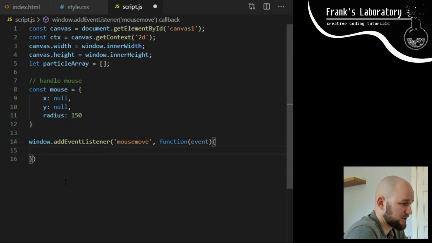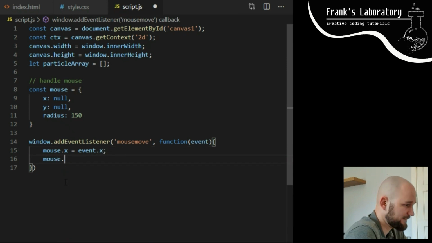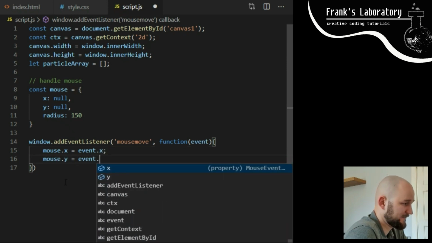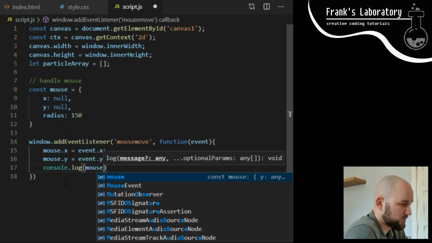So inside the callback function, I set mouse.x, which is property declared on line 9, to event.x, and mouse.y to event.y. If you console log event inside this event listener, you will notice it is quite similar to our custom mouse object on line 9. The only difference is that it contains many more properties and it is only available inside an event listener. That's why I am pulling the information from it here and sending it outside to our custom mouse object so that mouse coordinates are available all over our application, wherever I might need them later on. I can check if it works by console logging mouse.x and mouse.y.